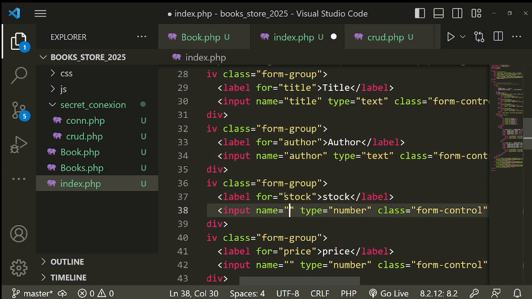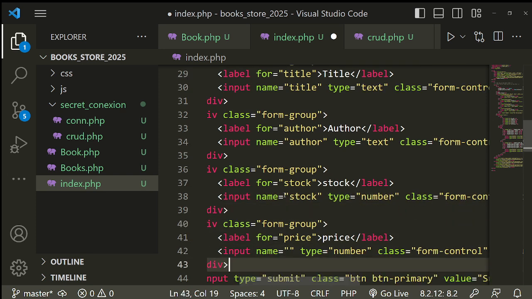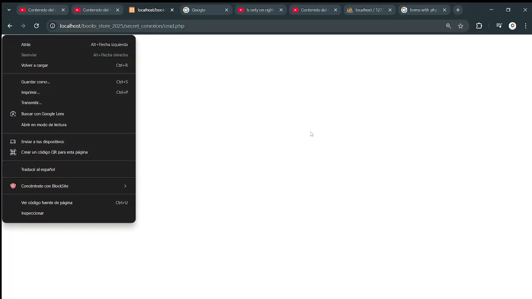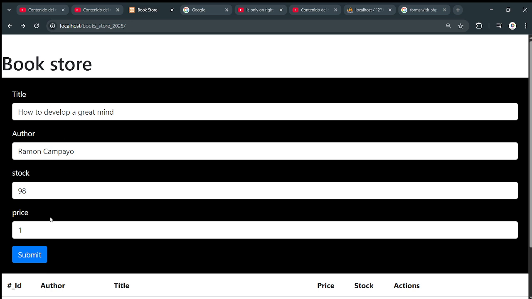Let's go here, stock, and we're gonna go back, and we can even click on submit, I think, if I am not wrong, and it will work because PHP works on the server side. But remember that in my case, I won't put Jesus Christ instead. So I will refresh: how to develop a great mind. Author Ramon Campaña. Stock 97, price 1. Submit,